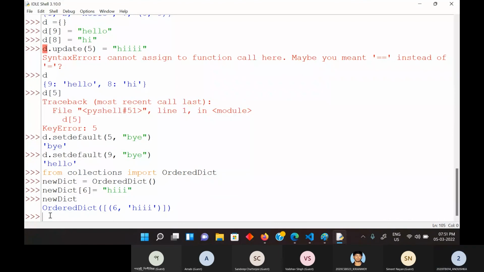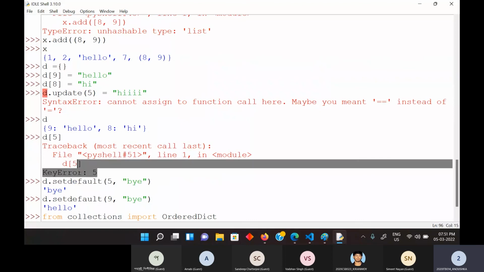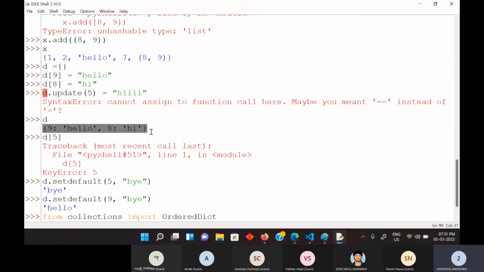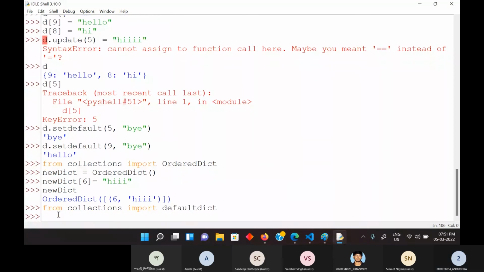There's also default dict. So for default dict, like I said, here you had to set default for if you do not want to throw an error for finding something that is not already present in the list. So for that, you use something called default dict. For that also, you'll need to import from collections, import default dict, and in that case, when you are declaring the variable, suppose it says this is my dict2, and